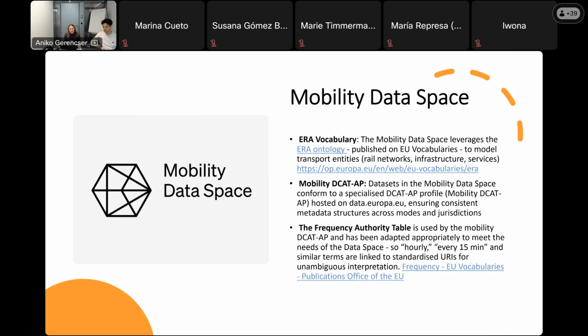For the mobility data space, the ERA vocabulary or ERA ontology is published on EU Vocabularies. It models transport entities such as rail networks, for example, or rail infrastructure, rail services. And it's also used in the mobility DCAT AP. So the mobility DCAT AP is published on data.europa.eu, and it ensures consistent metadata structures across the jurisdictions. So here we already have 2 assets. The one is the ontology and the vocabulary, and the other is the application profile for mobility that are published